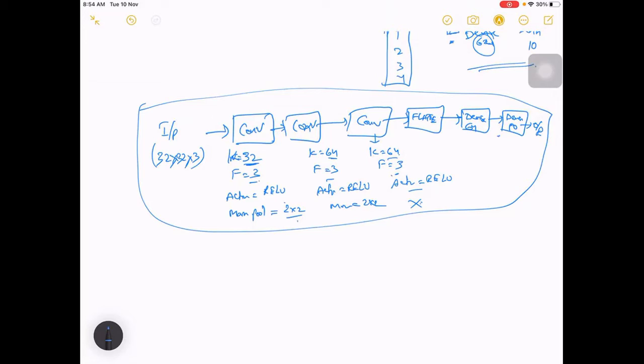You should know these basics, what each of these parameters will do, and then depending on that, you can start designing. The only thing you have to remember is you can keep the filter size the same in most cases, and you can start increasing the number of filters, or maybe keep it constant, but usually people don't decrease it.